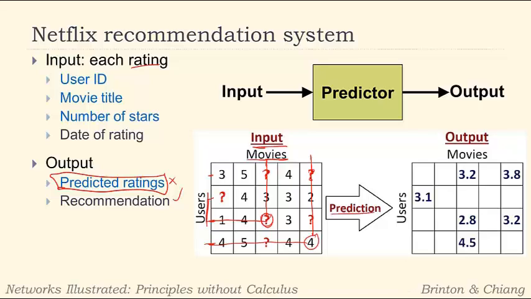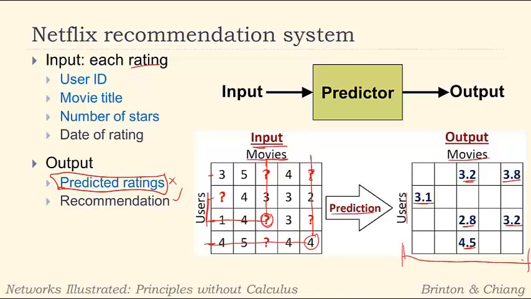Then you make a prediction, and the output again is a user movie table. We can look at it as such at least, but it's just the predictions, right? So the predicted ratings. We predict 3.1 for this movie. We predict 3.2 for this one that hasn't been watched. 2.8, 4.5, 3.8, 3.2, and then we can use this data to say then for each user what we think